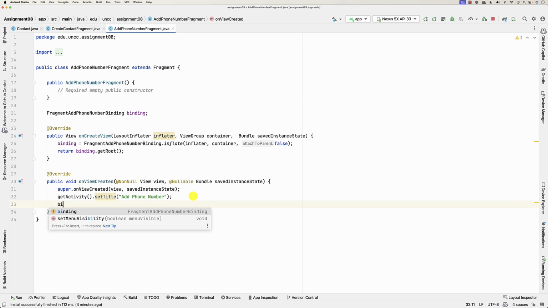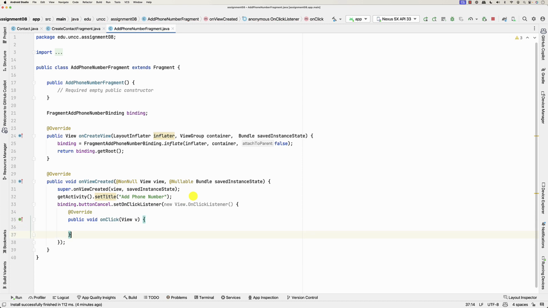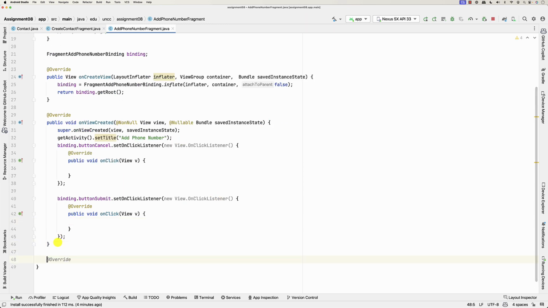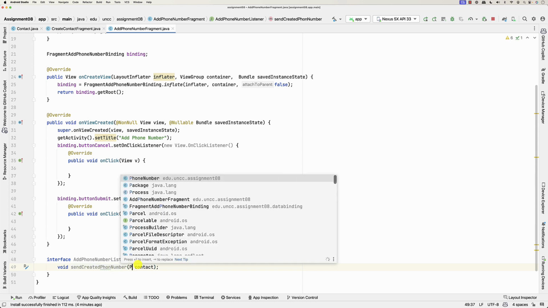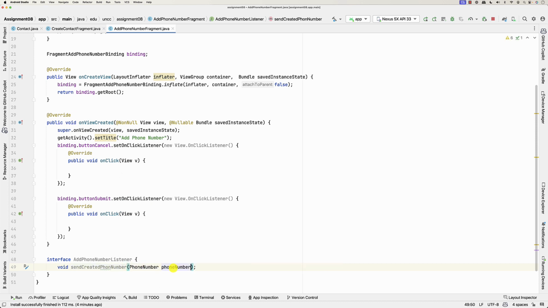And basically we have binding dot cancel dot set on click listener new on click listener, and then similarly there is binding dot submit dot set on click listener new. Okay, so basically there is submit and there is a cancel. So basically interface add phone number listener, and then basically send created phone number. Okay, and this is the phone number that we're going to create. It's a phone number. All right, phone number, and then void cancel